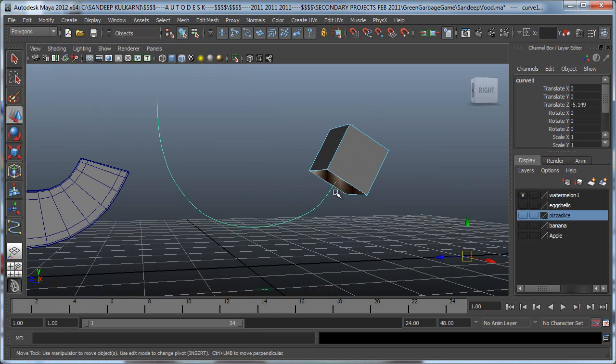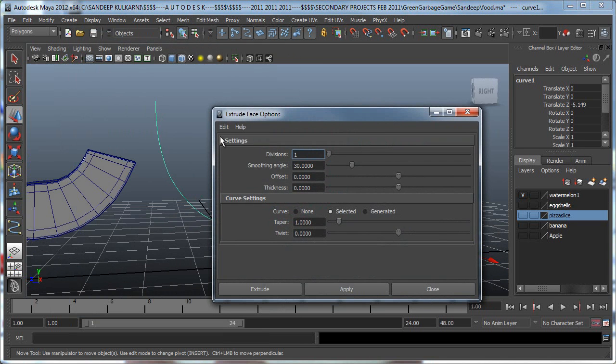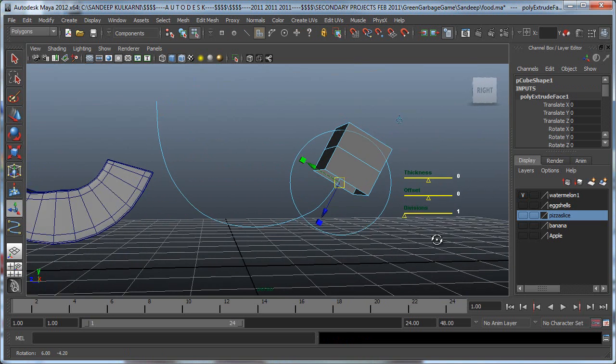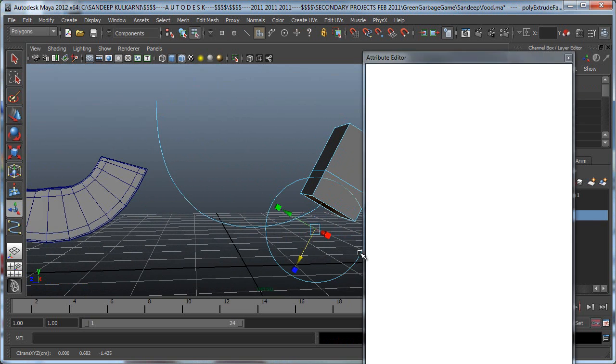So with those two selected, I'm simply going to go under Edit Mesh and go to Extrude. It's all the default settings and let's say Extrude. And you can see under Curve Setting it says Selected. So it's going to use that selected curve for extrusion. But I'm not going to change anything else right now. When I do this, it almost seems like nothing really happened. So if I just go here now and hit Control A,